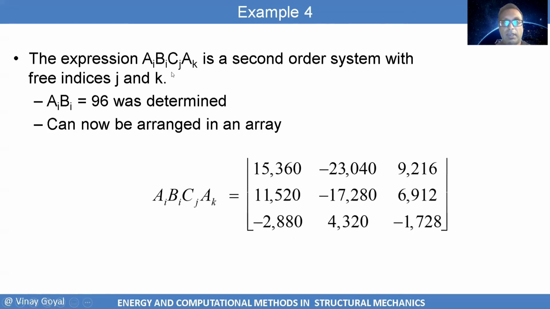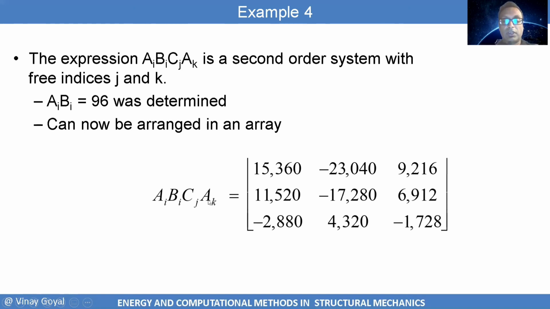Example 4, I have this expression, A_i B_i C_j A_k. That's a second order system with free indices j and k. So here, j and k are free indices. i is repeated here, and so it's summation over i. Now I already calculated A_i times B_i. That calculation came out to be 96 earlier. So then I only have j and k as free indices, so then I can now put them in a matrix, 96 times